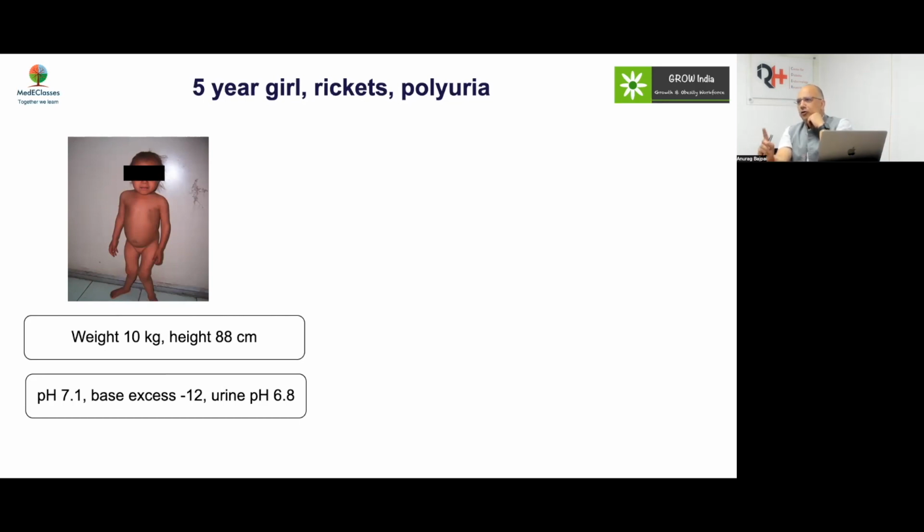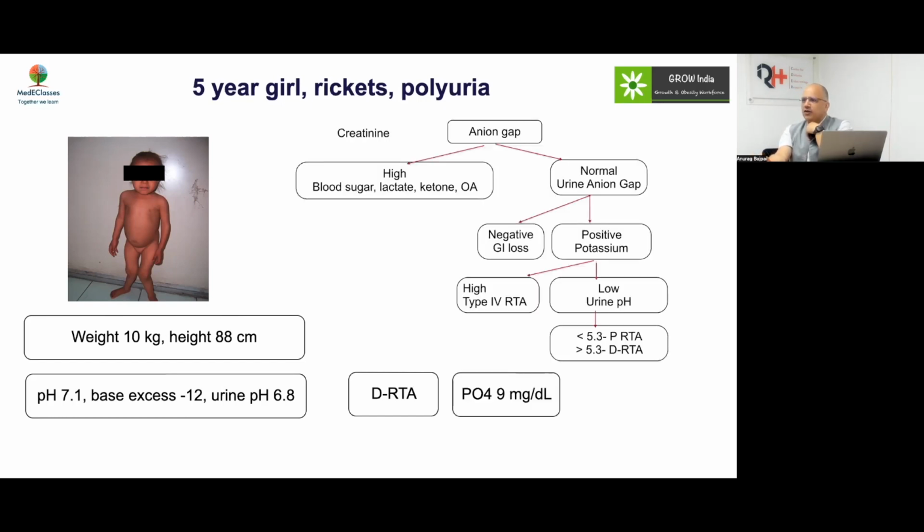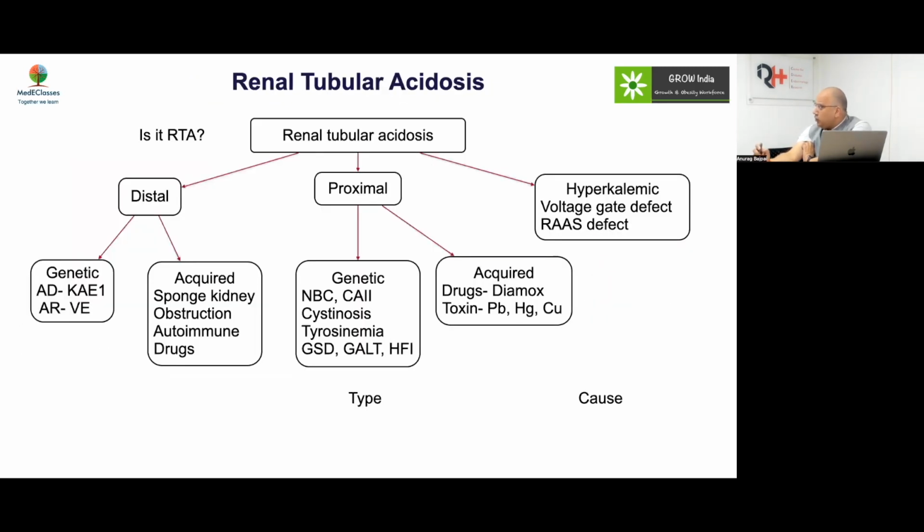So renal tubular acidosis. So you should always look at glomerular causes also. So in this regard, phosphorus was high. So always creatinine should be measured. Of course, some people do measure, but we have seen cases in which blood gas was done and creatinine was not done, which is a bit unusual, which is not something which is pardonable. It should definitely have been done. Now we know that this is RTA.